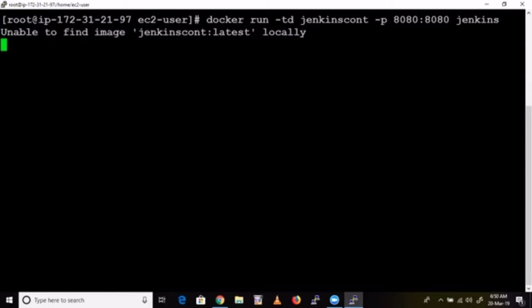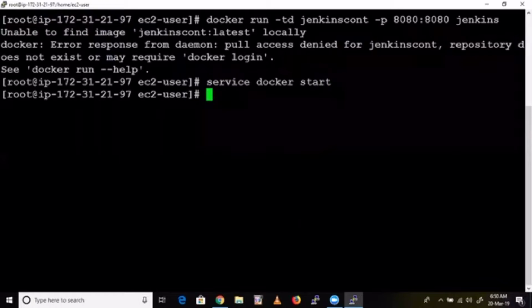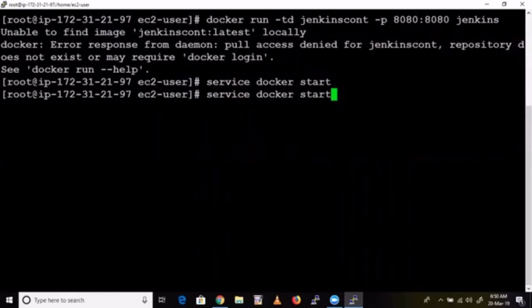Now see here, it is pulling Jenkins. What happened? Docker is not running. So see, Docker service started. Oh, sorry.